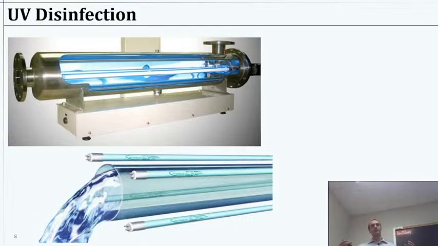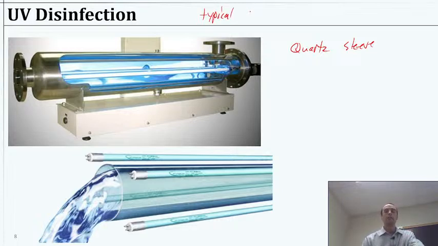And it's hard to make some material that can protect them and also let light through. So we have to do it with a very fancy quartz sleeve. So it has to be very special glass quartz in order to let that light through. And when I say that light, typically these are mercury, which has a characteristic signal at 254 nanometers. It works great for disinfection, but it doesn't transmit very well through anything but fancy, fragile, expensive